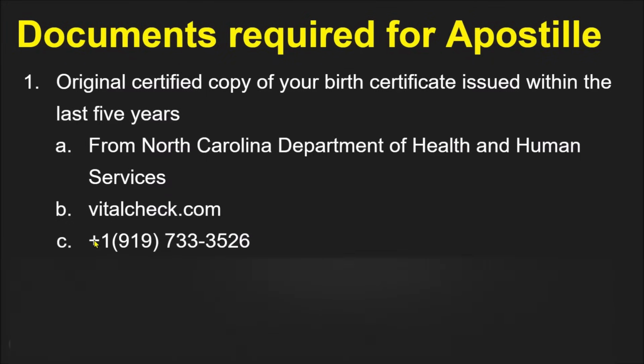Firstly, let us look at the documents that are required for apostille, and this is for North Carolina state. North Carolina requires an original certified copy of the birth certificate which is issued in North Carolina and issued within the last 5 years. So how do you get the certified copy? You can get the certified copy from North Carolina Department of Health and Human Services, or you can get it